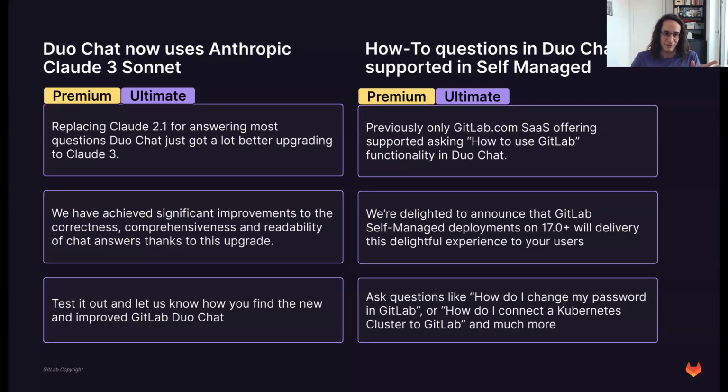The first one, I really love because I had a very funny exchange with GitLab Duo Chat when it was released. Back then, it was powered by the Cloud 2.1 version of Google's large language model. We just updated that to Cloud 3. And when it was still the old model, I was curious, okay, this model is from Google, so maybe it can somehow use Google Translate. I don't know.